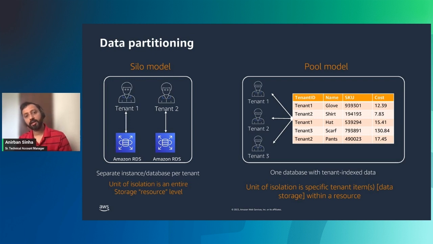On the other hand, we can implement a pool model by provisioning a single Postgres instance and then using row level security to maintain the tenant data isolation. Row level security policies restrict which rows in the table are returned by select queries. So this is where the isolation becomes a little difficult because your database tables are now shared by multiple tenants and there should be fine-grained access control to